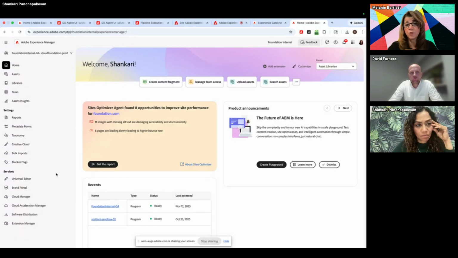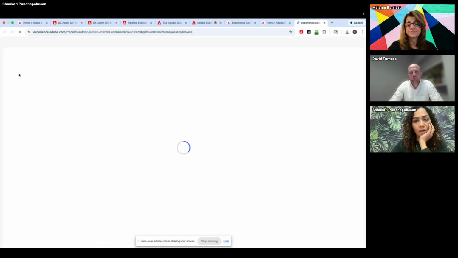How are my assets performing? What's about to expire? Something that's relative to how I work with assets. Got it. And if you clicked assets,